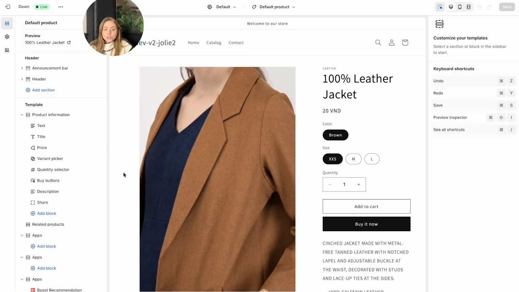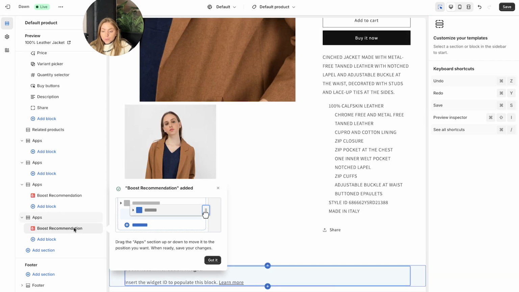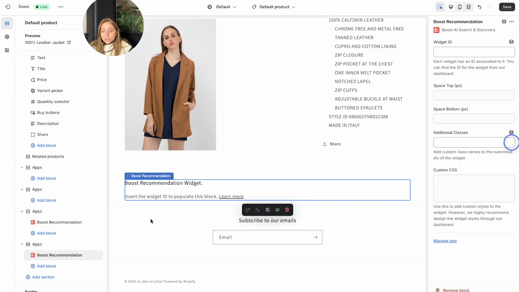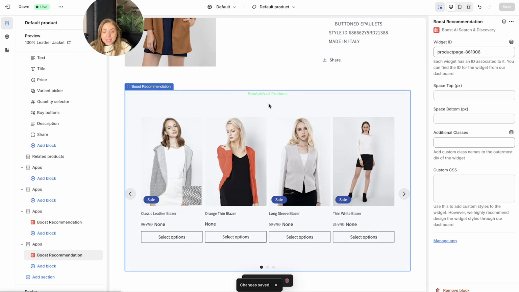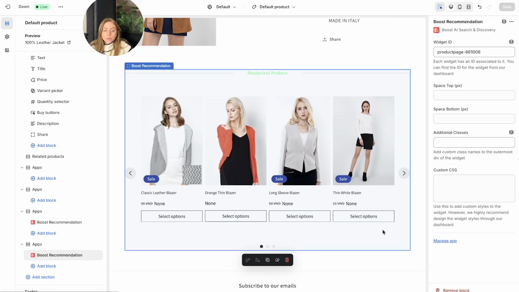We'll take you across to our Shopify store. This is where you can preview your store, and the Boost recommendation widget here is added. As you can see, we've got the Boost recommendation widget here, and all you have to do is simply paste the widget ID here and hit save. This will now populate the customized widget onto your store. As you can see, we've got the hand-picked product section centralized, and it is now available, customized to your liking, with the recommended number of products. This is completely personalized to your customers through our AI algorithm, and it is now saved onto your store.